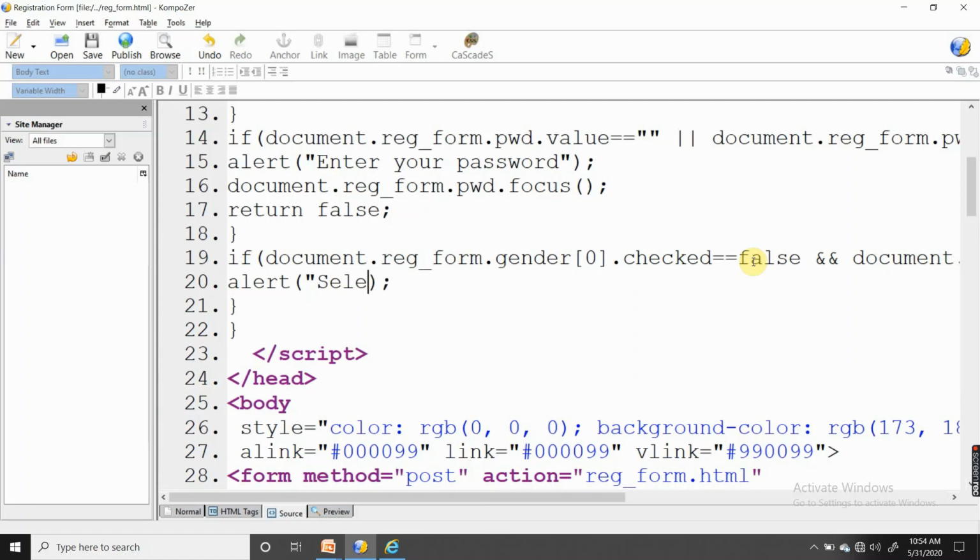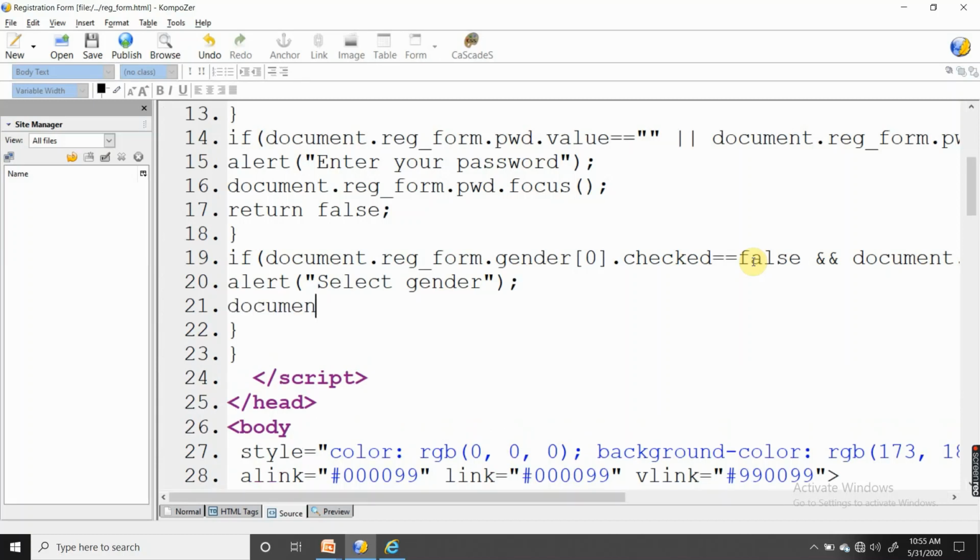Select gender. Now document dot reg form, focus on the first element, do it. Don't get confused with O and 0, otherwise you may say Nusrat ma'am didn't tell us.